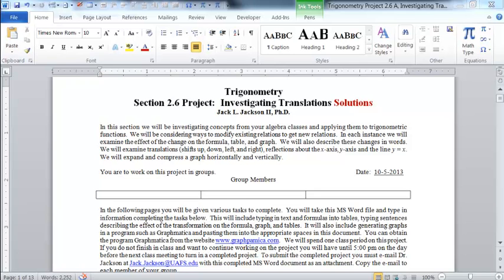Hello, we're going to be looking at our Section 2.6 project about investigating translations. Now, when we did this project in class, we ran into a number of challenges, and only some of them had to do with the actual trigonometry that was going on. I gave you this Word file as an attachment to an email, and asked you to work through the Word file and replace or type in answers